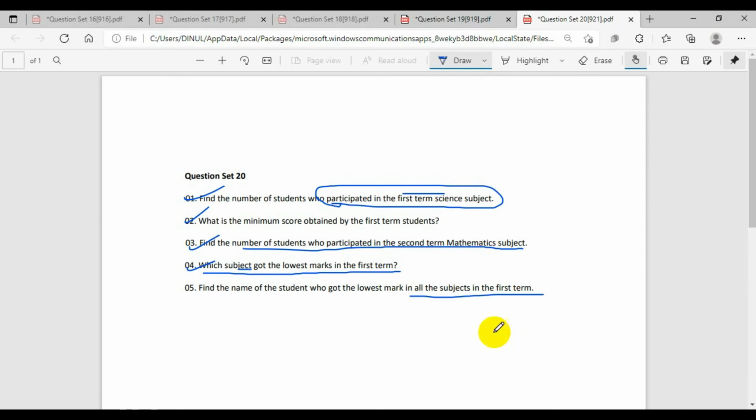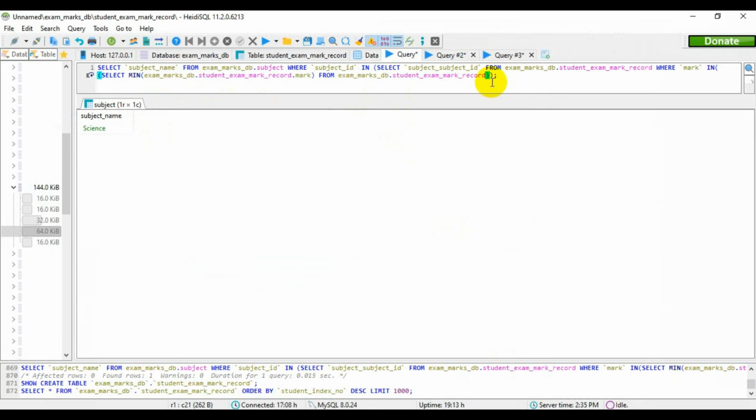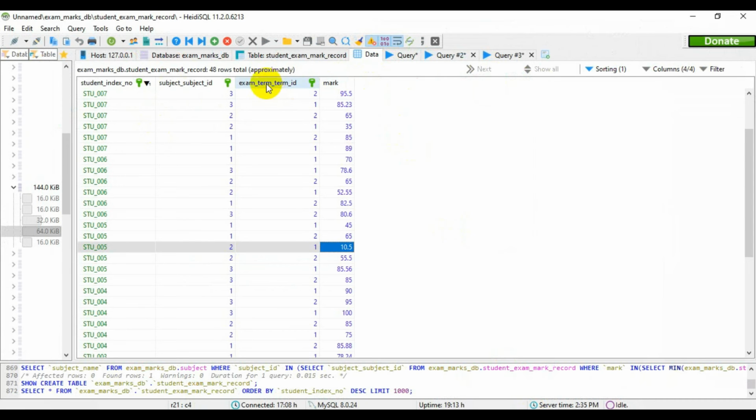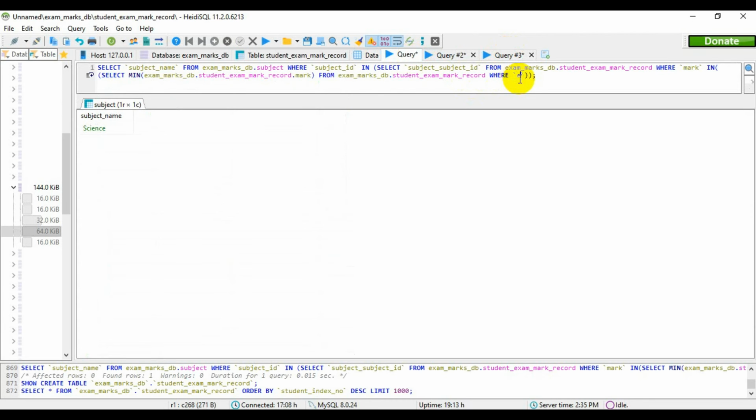So for the first term, if you want to specify it as the first term, you can enter here where the exam term underscore ID equals in